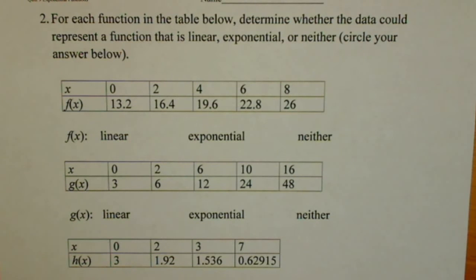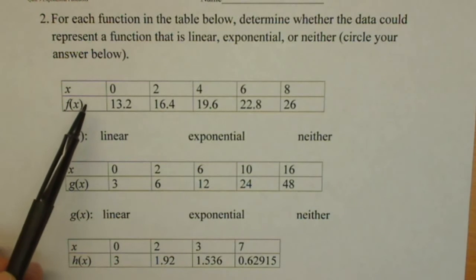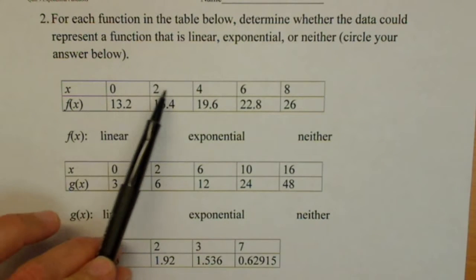So we have data, and we want to determine if it's linear, exponential, or neither. It's good practice to see what kind of data we have. I'm going to show you a few different ways, and it's up to you to decide what you like for showing it. Now the first thing, if you notice this first table, the inputs are